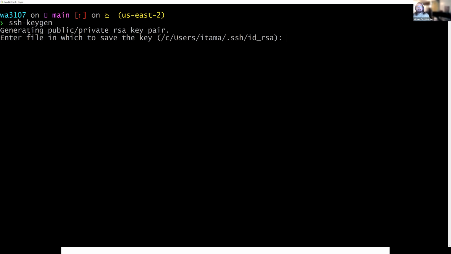Now, just looking at this right here, which of the algorithms is it using to generate this key pair? Someone tell me. Yeah, it's using RSA, right? I'm going to Control-C that, by the way. I don't want it to finish. So it's going to store it in the .ssh directory. So if we go to my home directory,